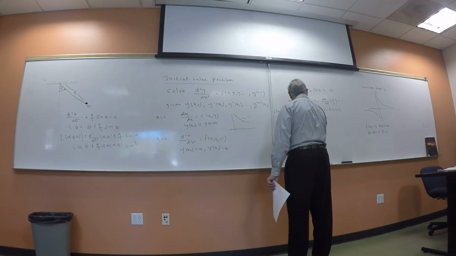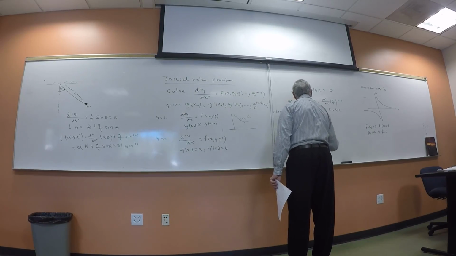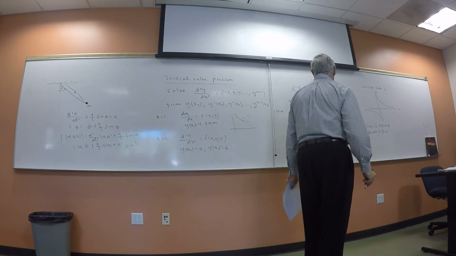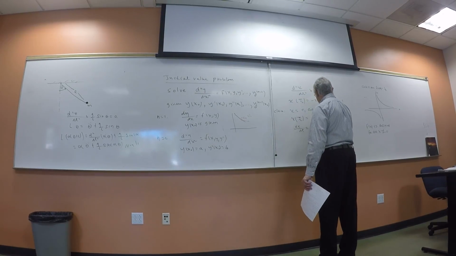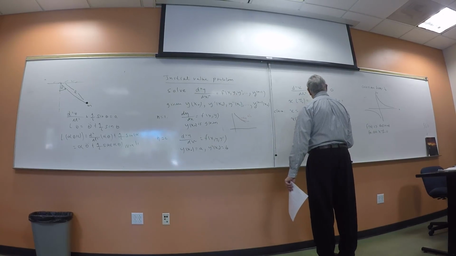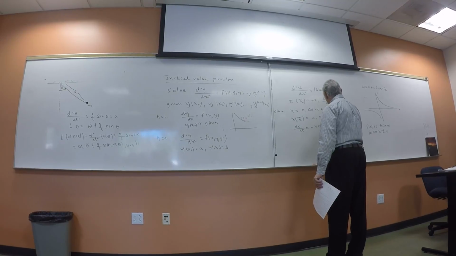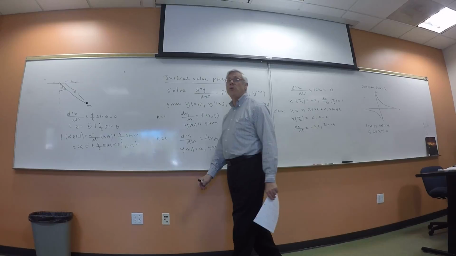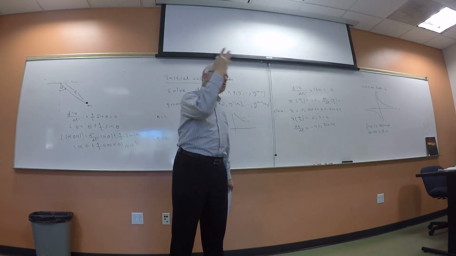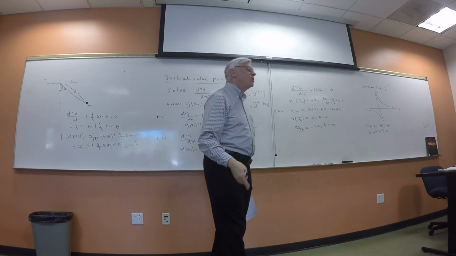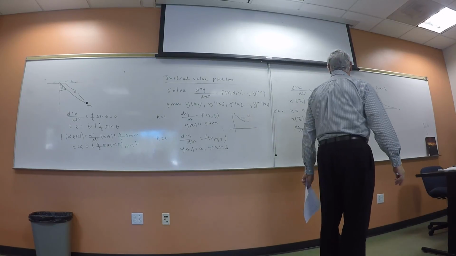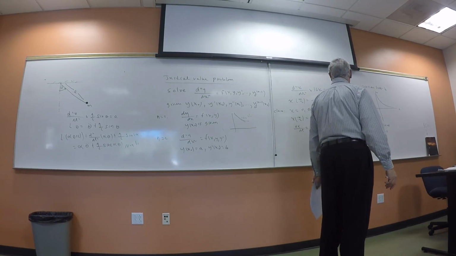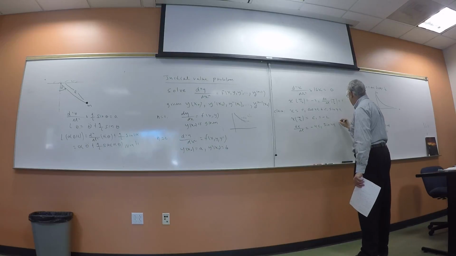Well, let's get dx/dt. It's going to be minus 4 C1 sine of 4t. And again, I'm doing this rather quickly. If you're not following, you have to review your calculus, okay? You have to know the derivatives of sines and cosines, and also the chain rule. So the derivative of cosine 4t is minus sine 4t, with the 4 in there, plus 4 C2